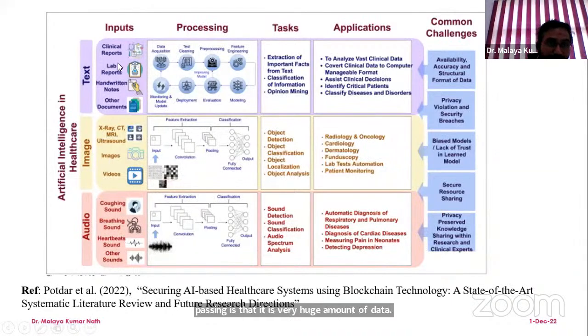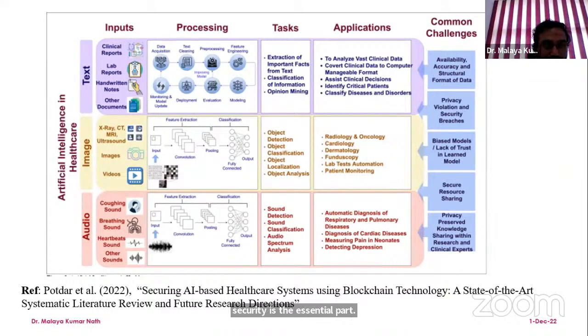That means text data is present, image data is present, and audio data is present. Processing all these different forms of data is very difficult for a human being. So machine learning plays a very vital role in this case, and blockchain also plays a very vital role, because security is an essential part of this medical data.